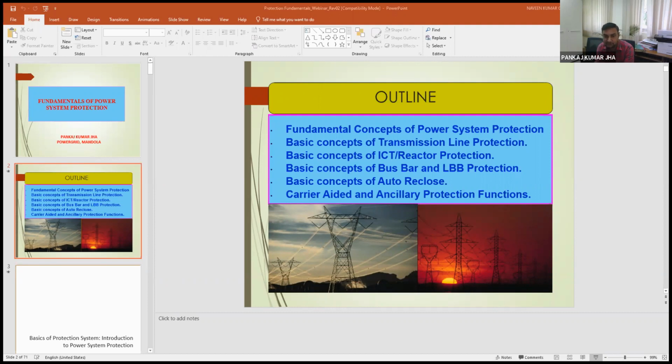And why do we need to clear the fault as fast as possible? It is clear from this slide. This is a very simple power system network in which we can see a generator followed by a transformer, transmission line, and load. In the normal scenario, the power will flow from the source to the load, and there will be a load current. We can call it IL. Now suppose there is a fault on this transmission line. Whenever there is a fault on this transmission line,